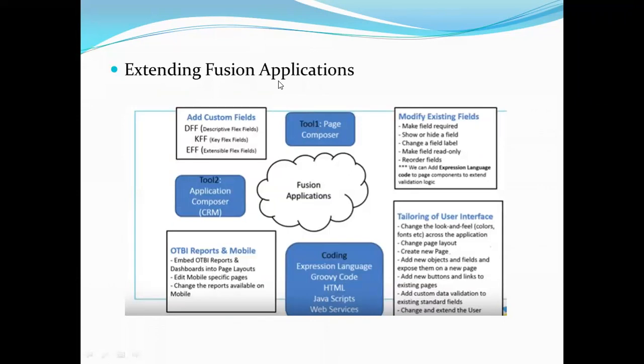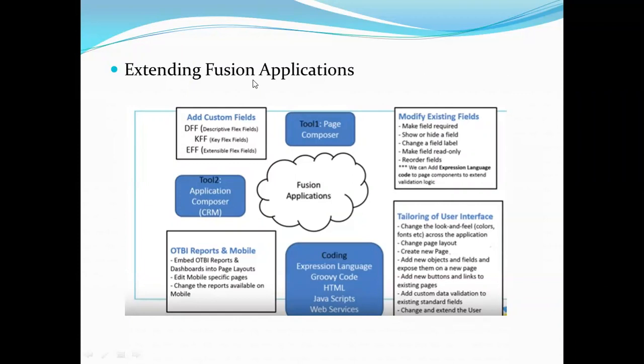Here XML and JSON are very simple. It is how the source system is sending the data into our Fusion applications, the formatting of the data. Some source systems may send it with the help of XML. Some source systems send the data in the format of JSON. JSON is a very powerful data format when we compare it with XML. That we will see in detail in our training sessions.